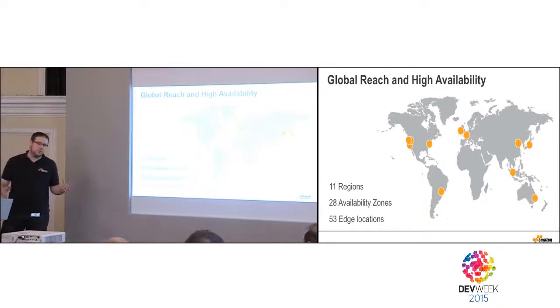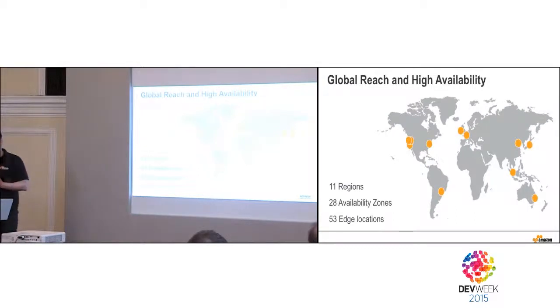But using the cloud is also about targeting your customers where they are. It's easy to use infrastructure, but you need to have performance wherever your users are. For that, we have a content delivery network called CloudFront that has 53 edge locations. Really, the cloud is a global infrastructure you can use. You specify exactly where you want to deploy your infrastructure, and we don't move it. So if you want to have data stored in the European region, you can have data stored in Dublin or in Frankfurt, and it's never going to move from there.